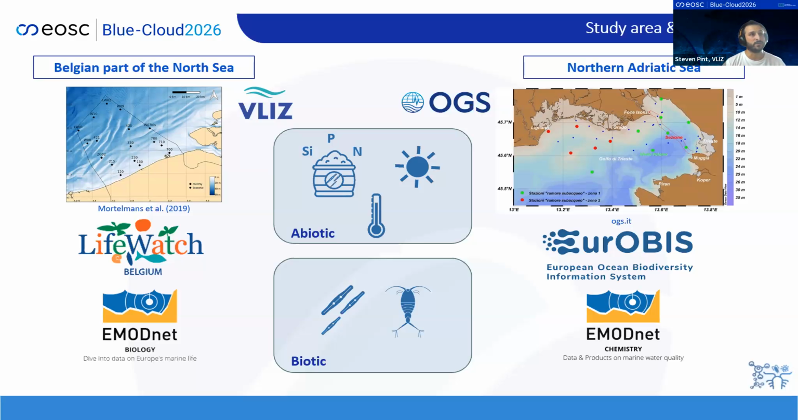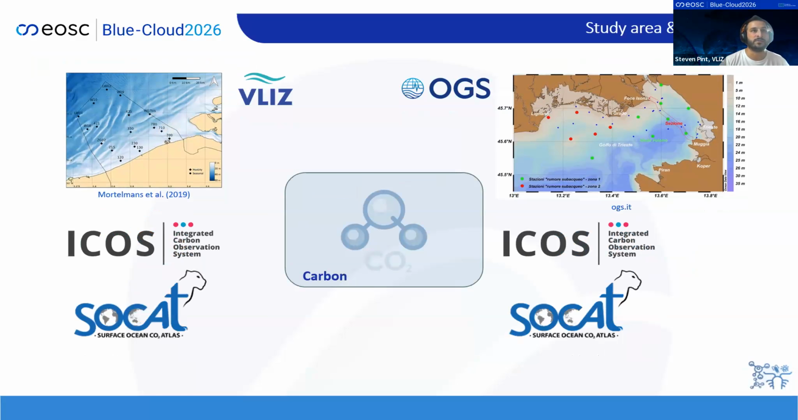So for abiotic data, we have nutrients, temperature, solar irradiance, and for biotic data, we have phytoplankton densities and also zooplankton densities. Our colleagues from OGS are using Eurobis and EMONET chemistry as data sources, which are all accessible through the Blue Cloud infrastructure. And the new part is the carbon data that we're also going to use, which are coming from ICOS and SOCAT, also available through the Blue Cloud infrastructure as it is in the data lakes of the Blue Cloud. So it's really nice that we can just access it all through the same infrastructure and then